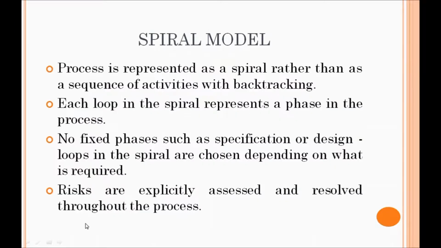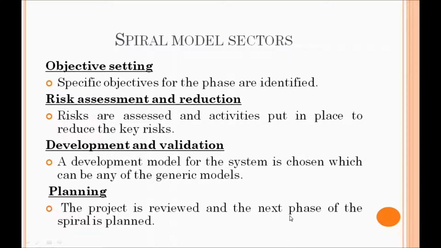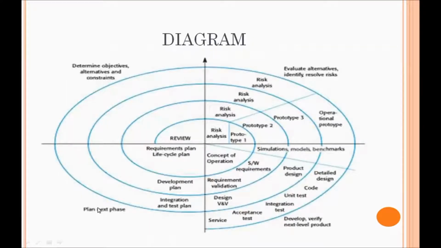See, plan the next phase. The project is reviewed, the next phase of the spiral is planned. Next phase means, I told you, we'll take up the example. You will understand. Next phase means the first increment is ready. Next, you have to plan the second increment. Then you have to start collecting the requirements for the second increment. Next, again the step is repeated. Again, after the second increment, you have to plan the third increment. Again, you have to collect the requirements for the third increment, and so on. This process continues. So, getting, guys?